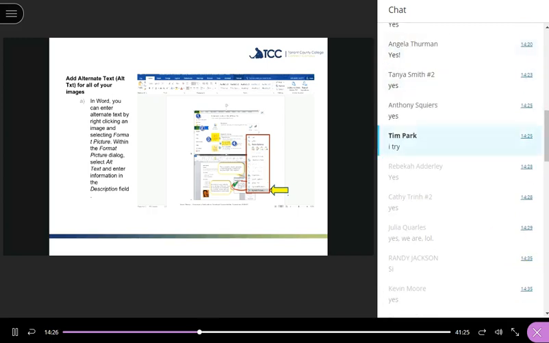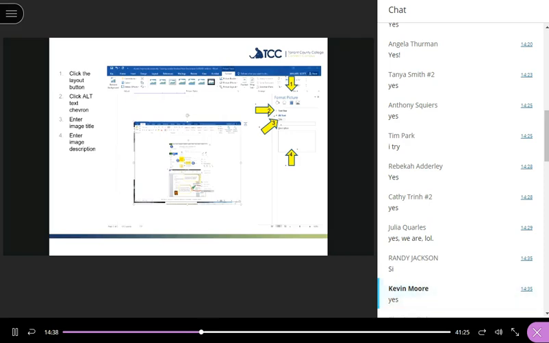So in Word, when you right click on a picture, you can see at the bottom here it has format picture as the option. And when you go to format, it will produce this, as you can see here in the next image. It will actually produce a little multi-menu here, and you can see that step one, it's the third option to the right. You see the bucket, then like a little shape there, and then the next one where it has a formatting kind of an icon with the arrows. You choose that, and then it'll have some options here. It says text box, and then alt text. You hit the chevron, and you can put in the title, which is what shows when you mouse over the image. That's what everybody will see.